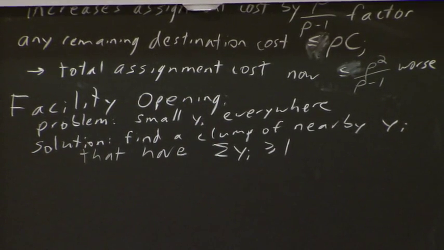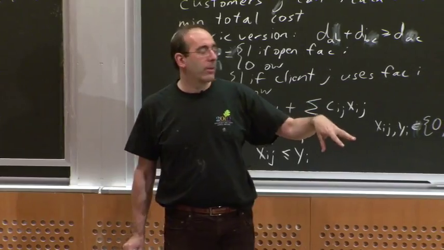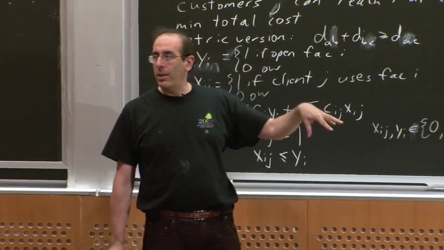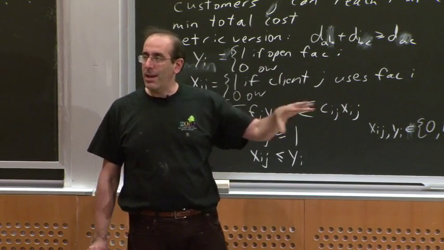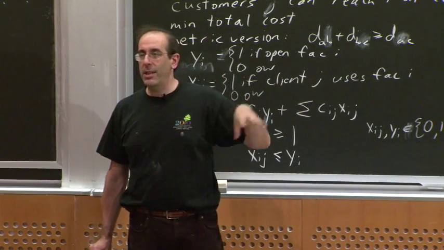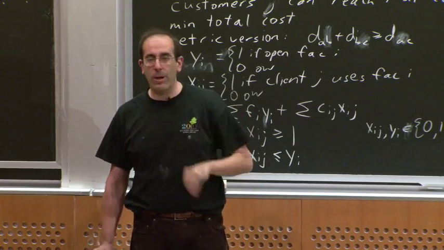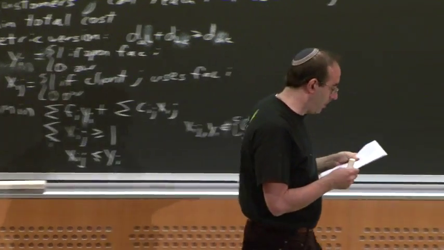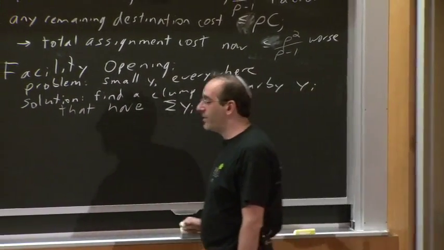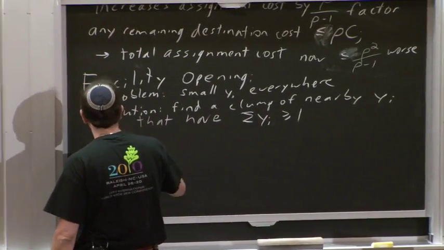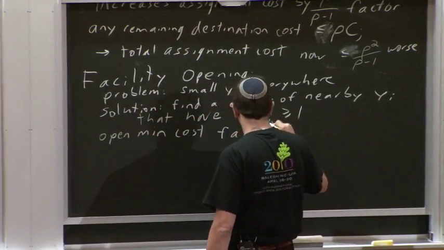Okay, so if we find a whole bunch of facilities near each other that together account for one facility, right, then we can afford to open one of those facilities and let it cover the needs of all of its nearby facilities. So this is kind of a clustering step. We're going to break the facilities into clusters that all have one fractional facility in them, and then we're going to open one facility per cluster. Okay. In particular, once we have found a cluster of facilities that have sum of yi greater than or equal to 1, we're going to open the minimum cost facility